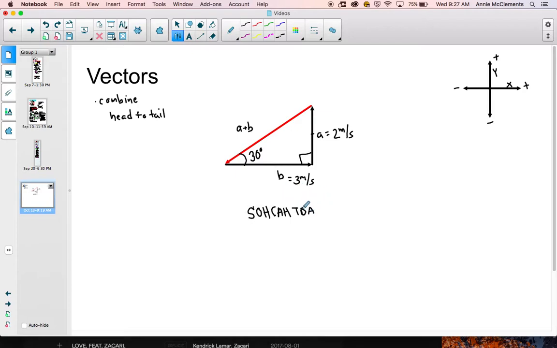So say that we were given this angle of the trajectory, or maybe we were given this one, 60. We could say that the inverse tangent,